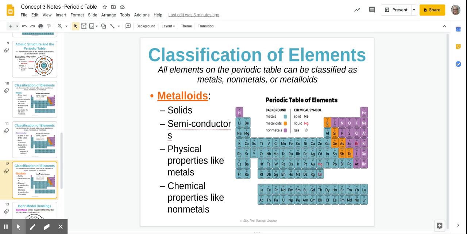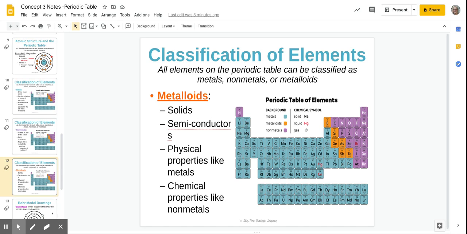Then we have metalloids, which are here. Depending on the periodic table you look at, some bring it down to these 2 here, and some stop it here. But usually they'll be indicated, usually with a bold zigzag line. They're going to be solids. They are your semiconductors, very important here. Sometimes they act like metals, sometimes they act like nonmetals. So that's why they're metalloids. They're kind of a mixture in their behavior. And that's where we're going to stop today, because tomorrow we're going to pick up on drawing